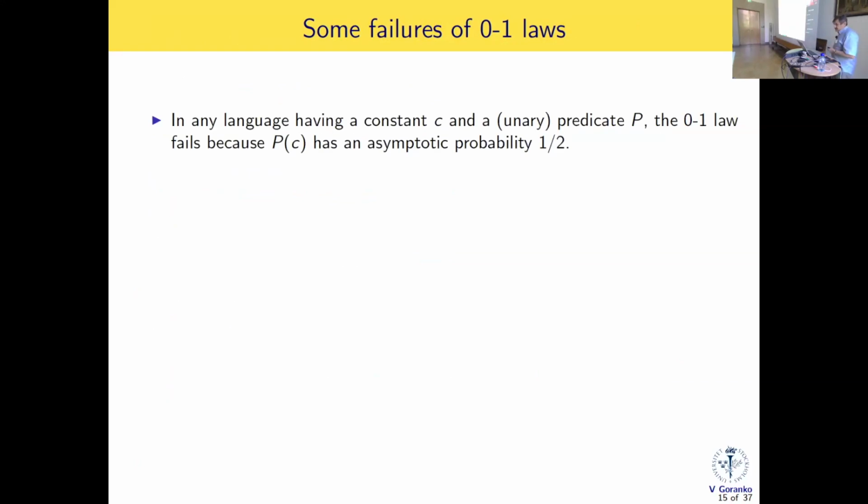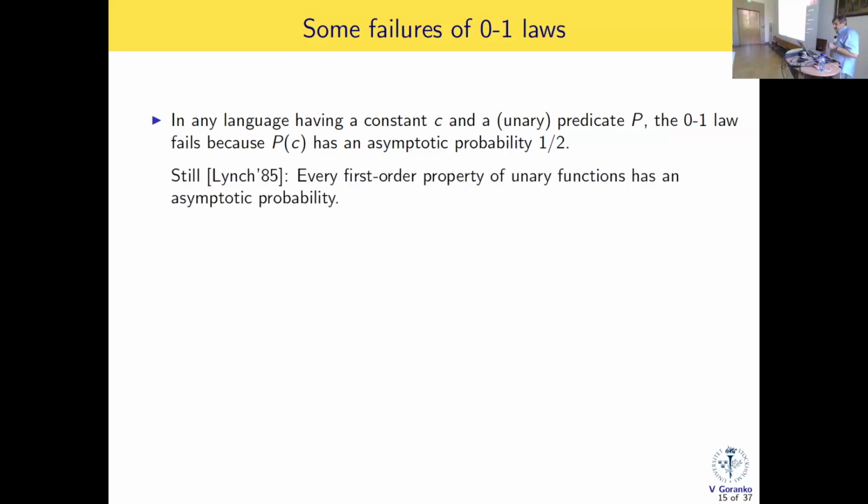It's very easy, in fact, to invalidate it. It suffices to just put one constant symbol and one unary predicate in the language, and then obviously you don't have a zero-one law because the probability for this to hold would be a half. Right. But still, Lynch proved that if you have unary functions, then every first-order property would still have an asymptotic